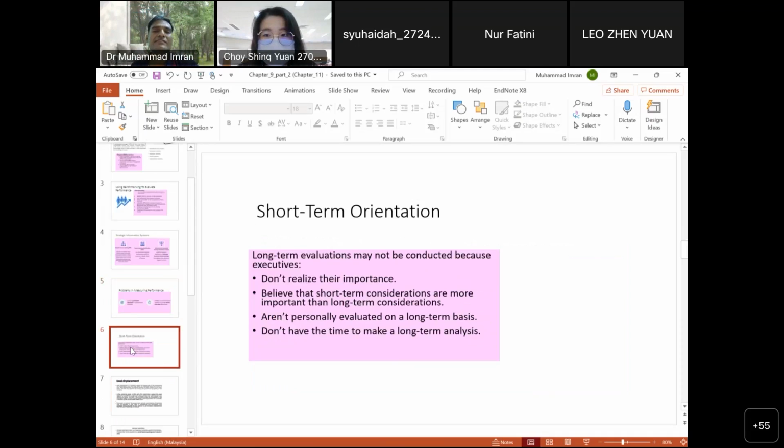Okay, another one is the short-term orientation. Basically most companies just target short-term orientation rather than long-term orientation. But this slide is motivating. Please focus on long-term objectives as well, rather than only today. Don't think only for today. You should think about tomorrow. We are on today, but we should prepare for tomorrow as well.